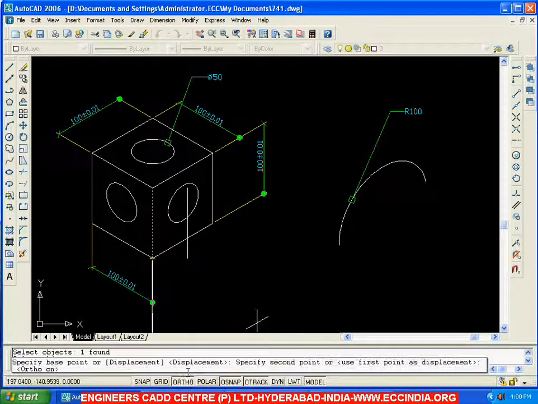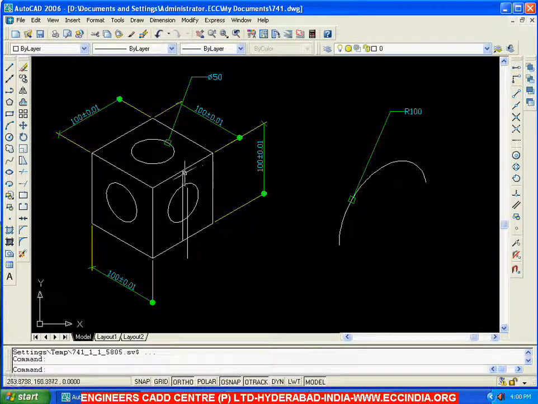Let me switch on the ortho, and in this 30 degrees direction, show the direction and specify the distance as 50 and enter. So now you can see this is the result. If I am going with copy, which is placed exactly at 30 degrees angle, whereas offset has been done parallel to the screen. So don't use offset, always use copy in case of isometric drawing. So these are the major changes which we have when compared with 2D. Now here we'll stop this, and in the next session we'll see one more example related with isometric drawing.